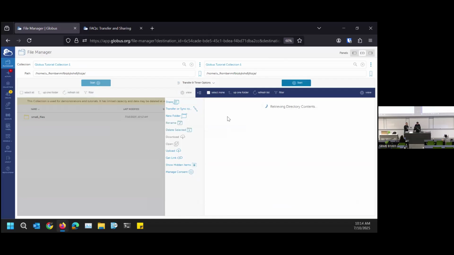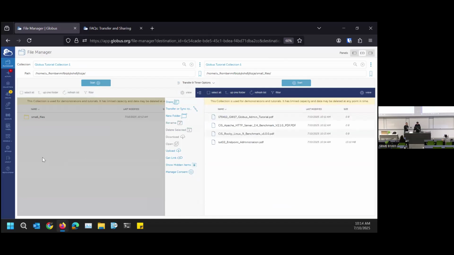Say if I want to move a file from inside small file to outside of the small files folder, I guess I can go this way. There's usually just a copy, there's no move,